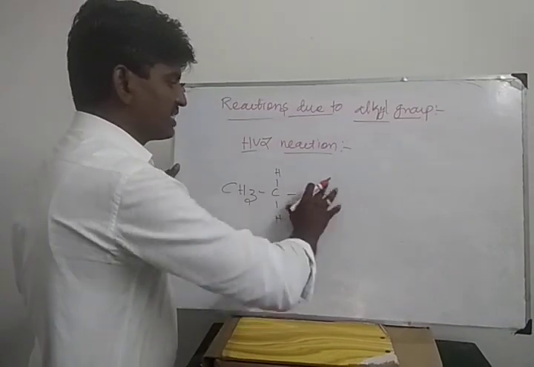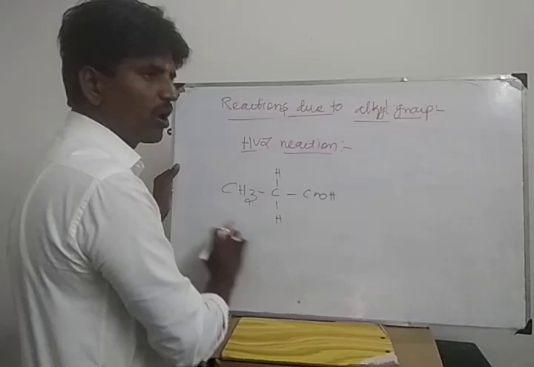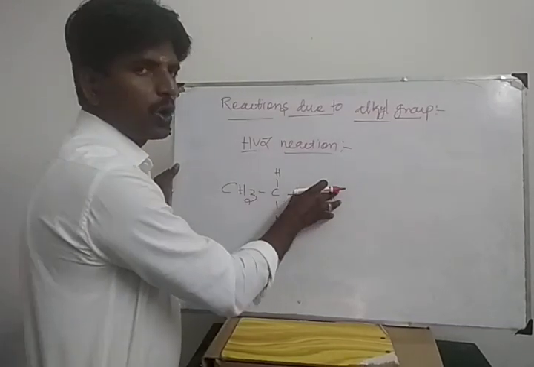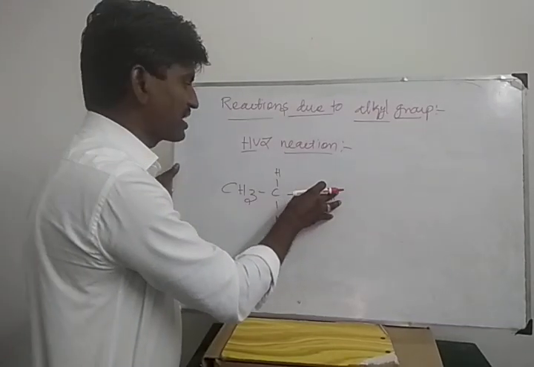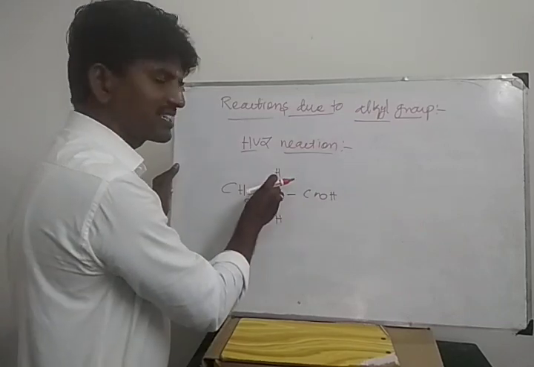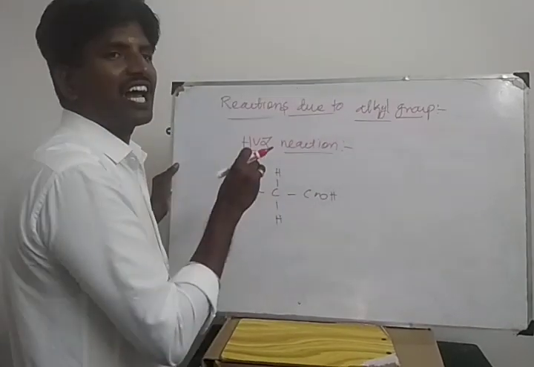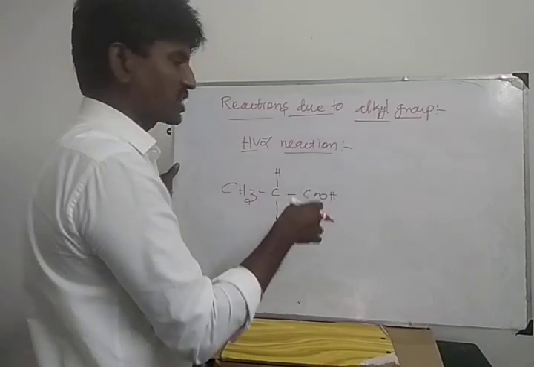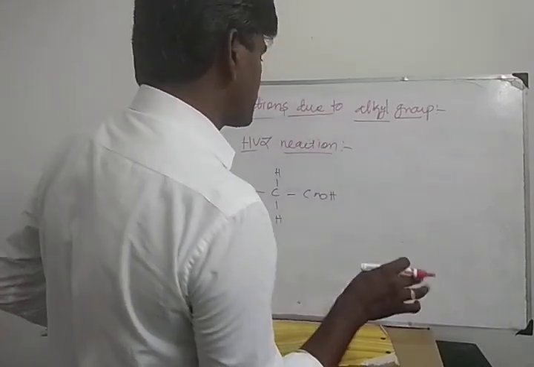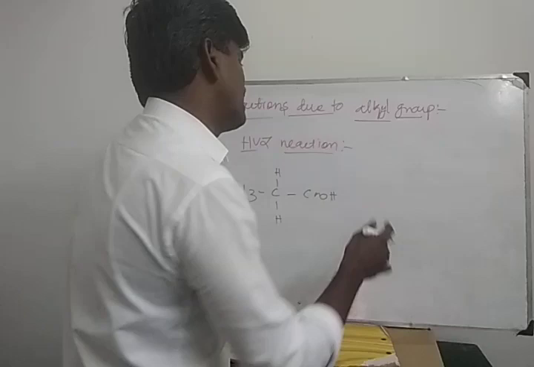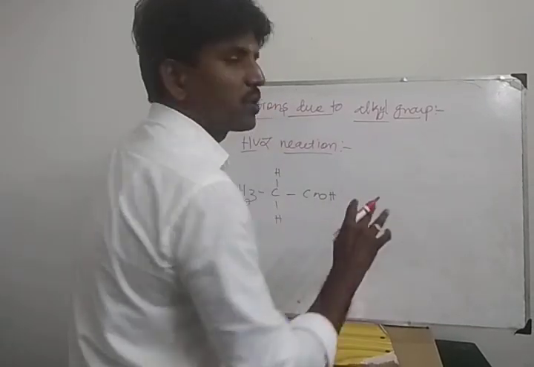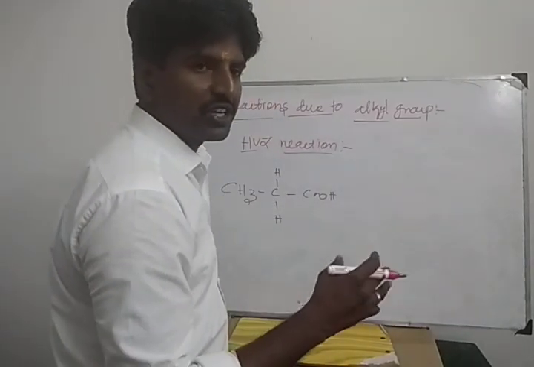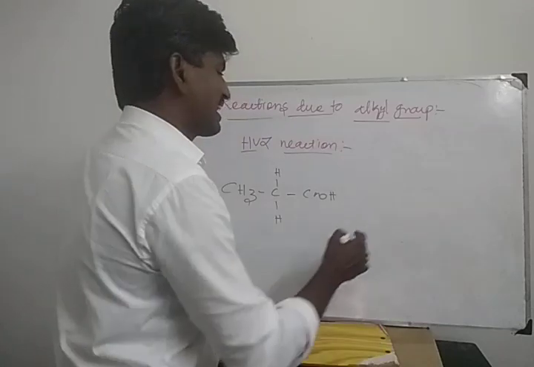Already I told you, here this alkyl group is involved in the chemical reaction. This COOH group is not involved in the chemical reaction. One more condition, it should contain an alpha carbon atom and alpha hydrogen atom, because only this alpha hydrogen is involved in the chemical reaction. So it's an important condition. I am going to do halogenation. Chlorination and bromination are called halogenation.